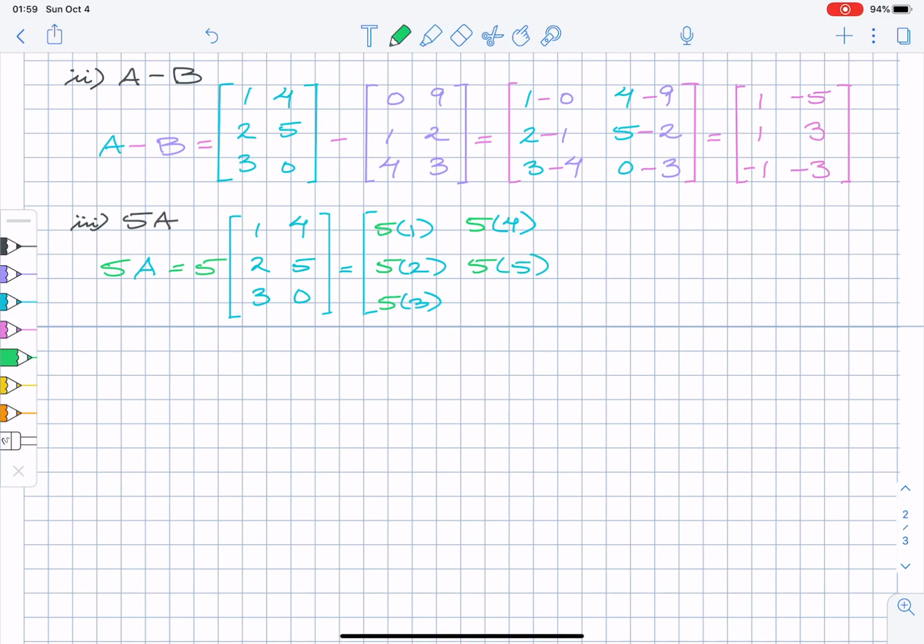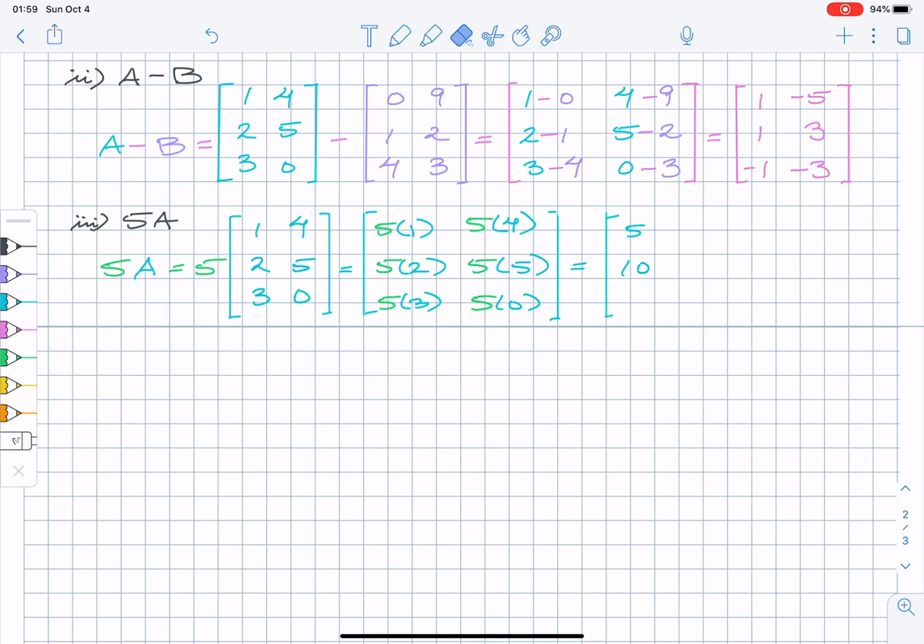And 5 times 0. So when you multiply a matrix by a constant, you just go ahead and multiply each entry in the matrix by that constant. So what we get then is going to be 5, 10,